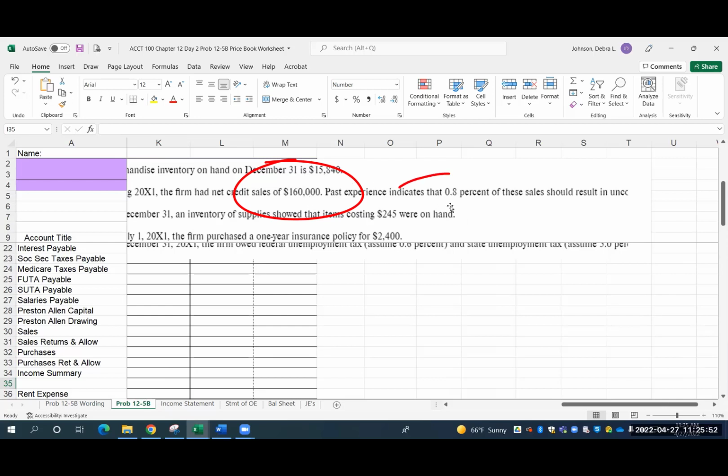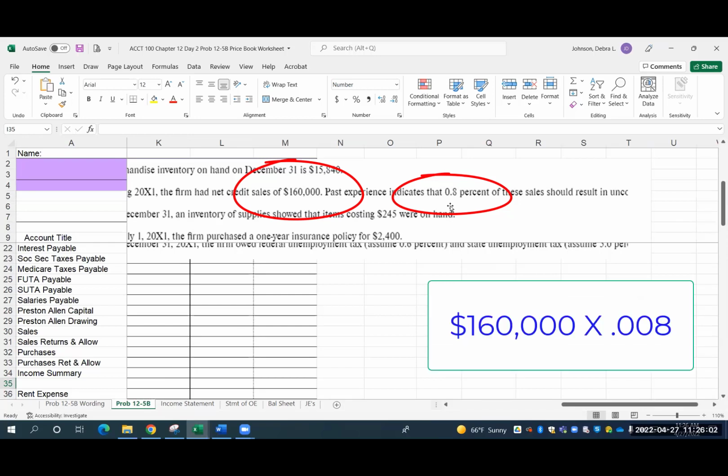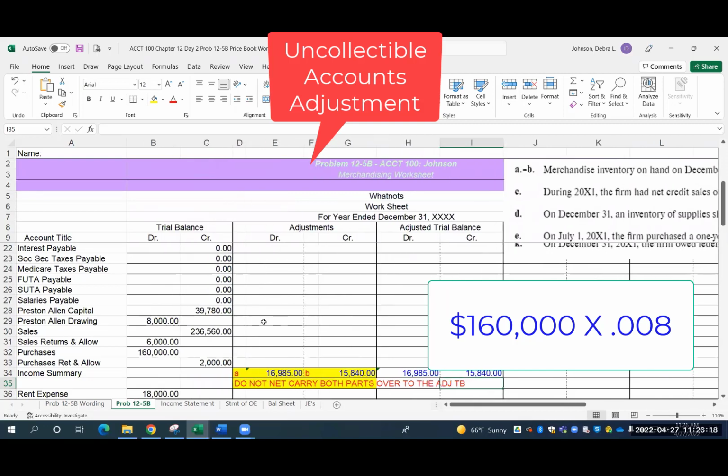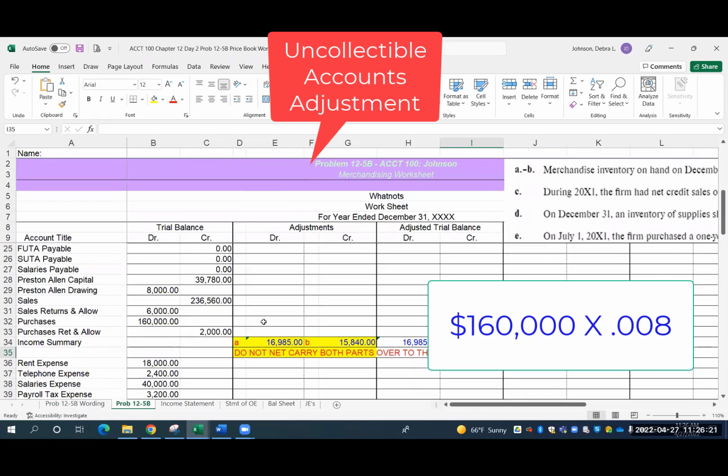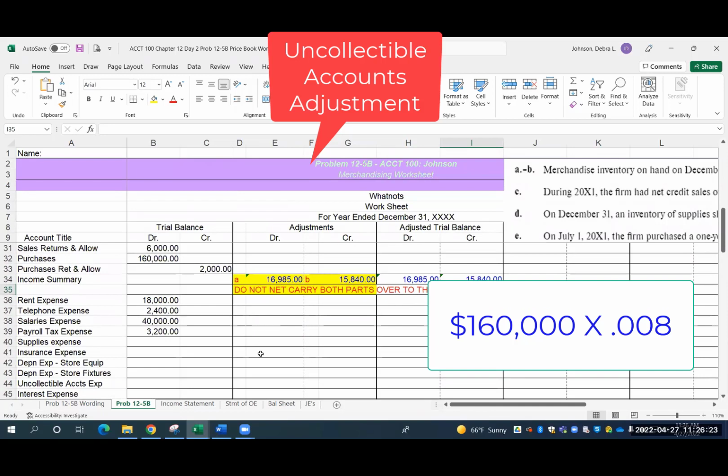And the company estimates that 0.8%. And if you don't have a calculator that has a percentage on it, move the decimal place 2 to the left. So 0.8% would be 0.008. So all I'm going to do on this adjustment, I'm going to calculate 160,000 times 0.008. And we need to know where to put that. Okay, we just did that on the previous problem. So I'm looking for the uncollectible accounts expense. It's usually near the bottom. And I'm going to take